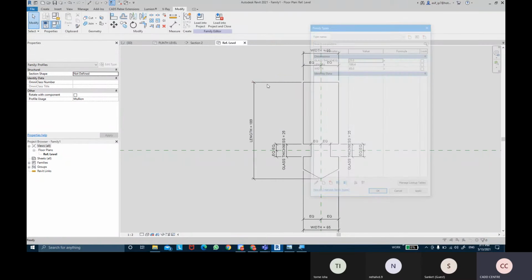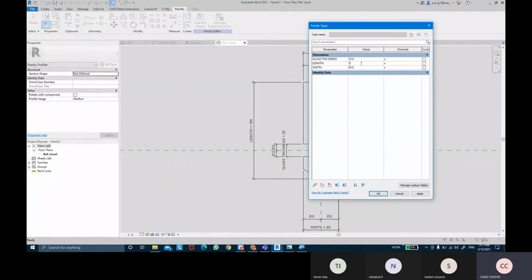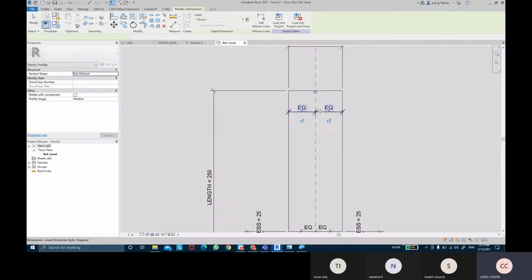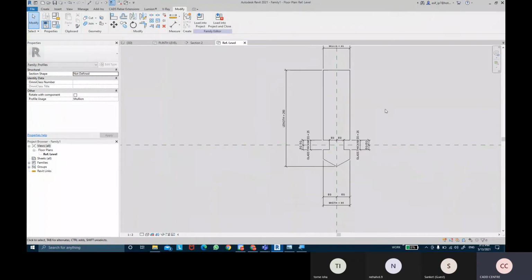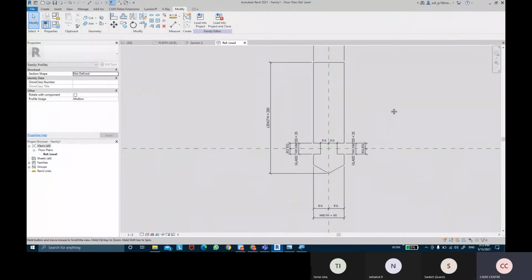Even the length can be adjusted then. Maybe if I want it of 250, I can do that as 250. This is a total parametric family that we have created.